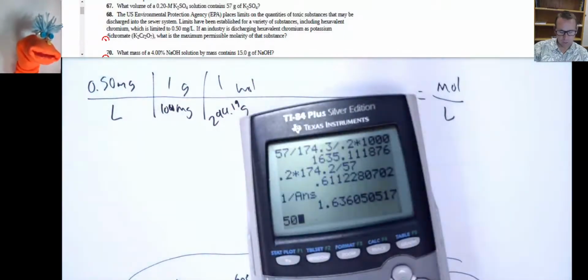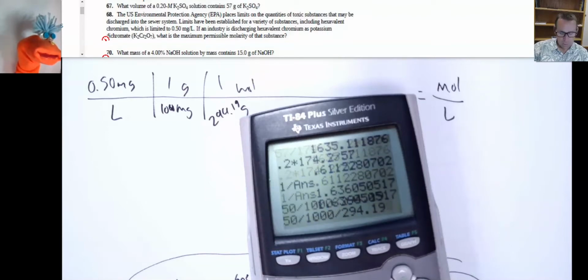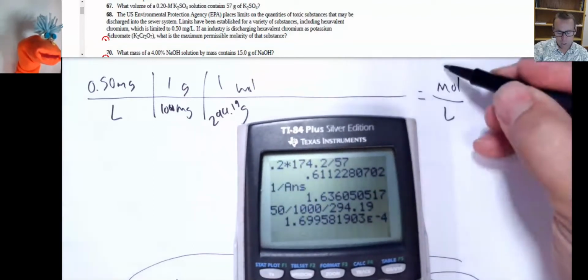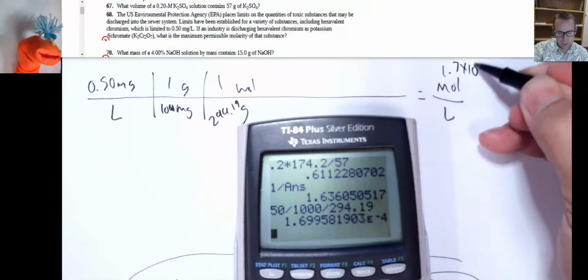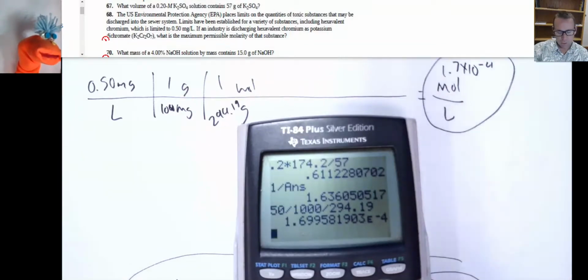So 50 divided by 1,000 divided by 294.19. Okay, so 1.7 times 10 to the minus 4 molar solution is the maximum amount of potassium dichromate that can be